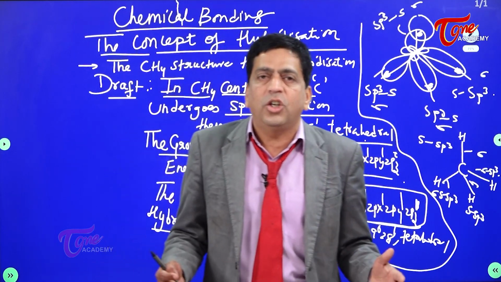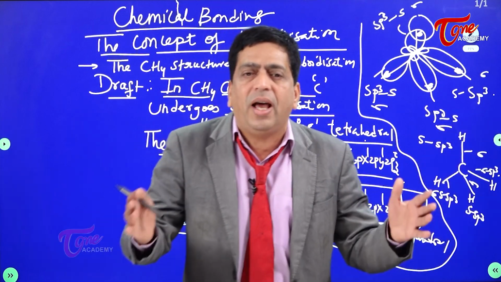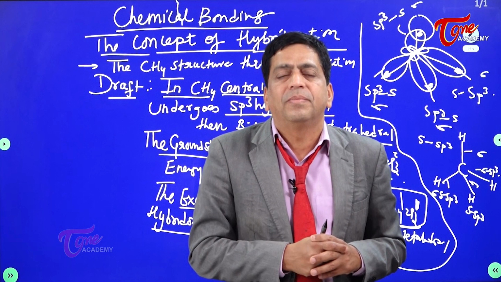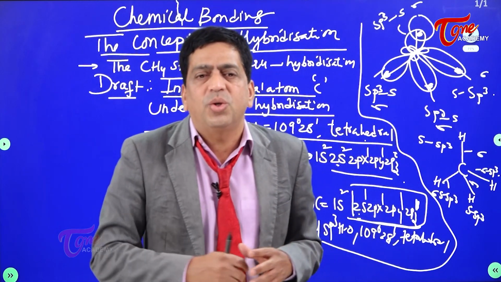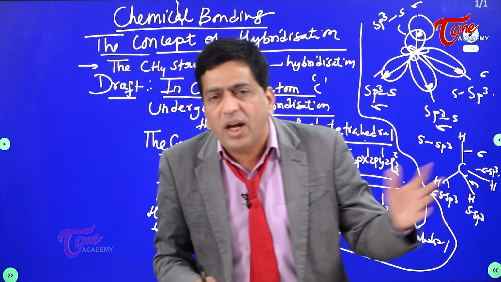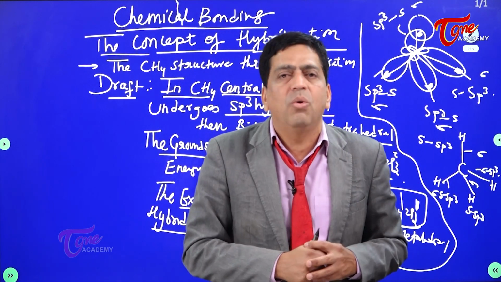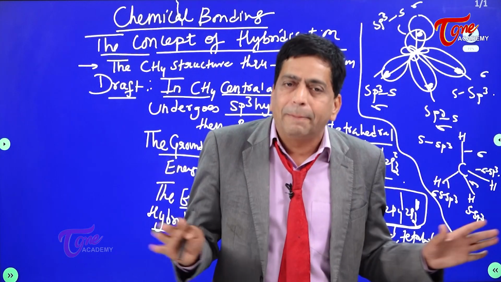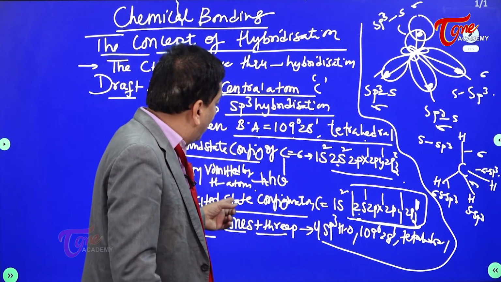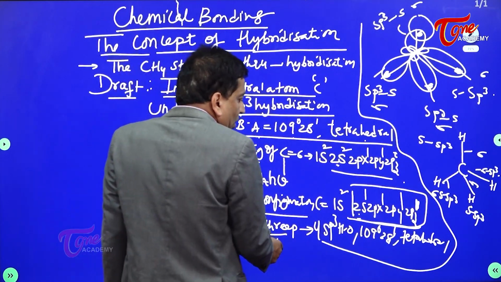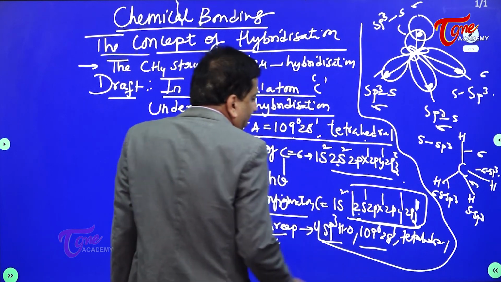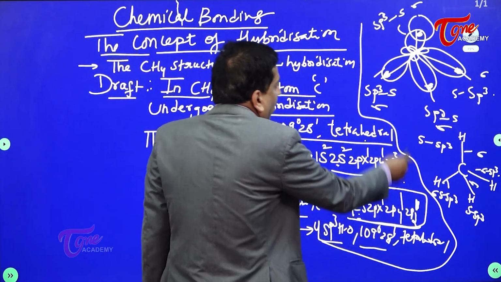Now, after excitation, you just can't call the partner, come on, we'll have bonding. No, you must be sitting in a position first. Because after the hydrogen approaches, then you think about it, come this way, come that way, all these things are ruled out. You be ready. Be ready in the sense, undergo hybridization. That's what I have done: 1s and 3p's giving you 4 sp3 hybrid orbitals. Bond angle is 109 degrees 28 minutes, and tetrahedral and all this.